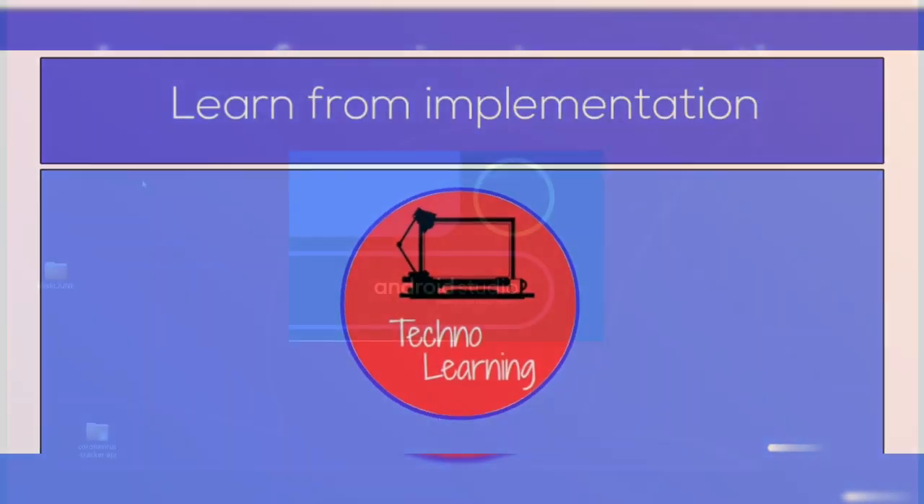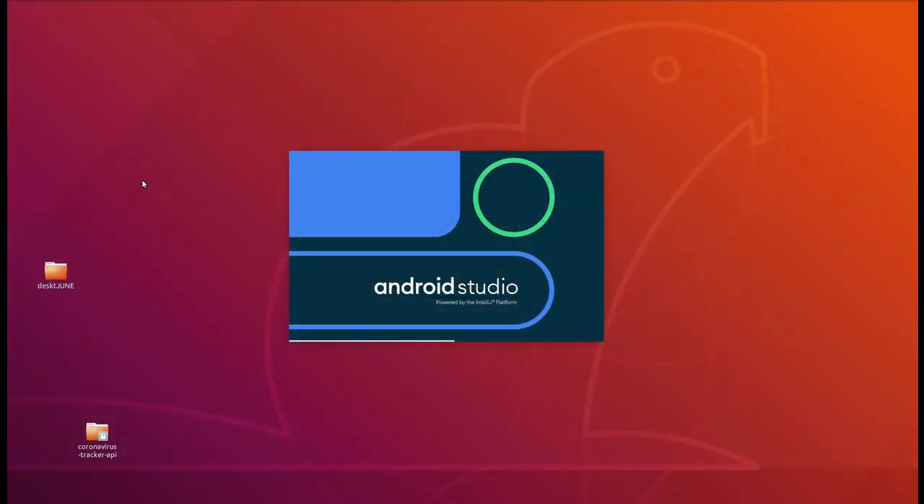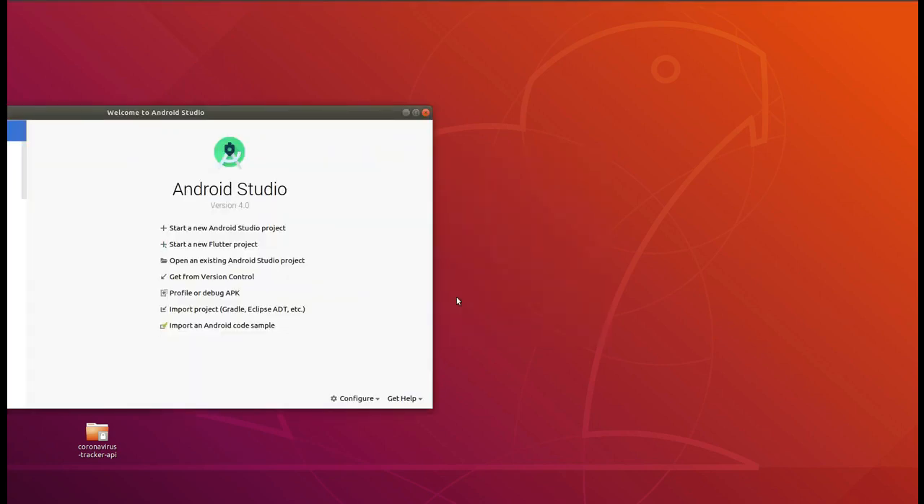Welcome to Techno Learning. In this video, I'm gonna create a QR code scanner app using Android with Kotlin and